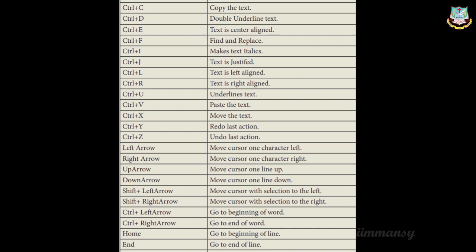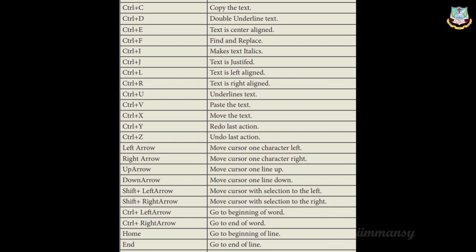In your book, on page number 97, they have given some workshops. If you can just read them and try to do that, okay? And the keyboard shortcuts they have given on page number 98 in your book. Just go through it. Some shortcuts will be very easy. That means for copy, Control C. For italics, Control I. For bold, Control B. So the word itself will be the shortcut: Control plus that word's first letter. Those things will be very easy. So just go through this. Whatever is easy, just mark it and learn it.